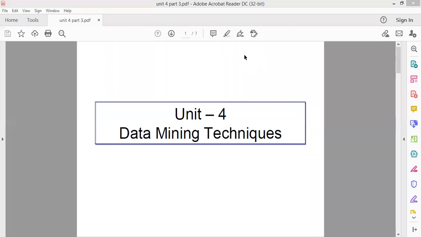In today's turn, we will discuss two more data mining techniques. One is k-nearest neighbor and the other is the statistical techniques. So what is the purpose of data mining techniques? The purpose is basically to uncover hidden knowledge, knowledge which cannot be easily derived by any other technique. In different scenarios the techniques will vary, so for each scenario you have to find out which technique is suitable.